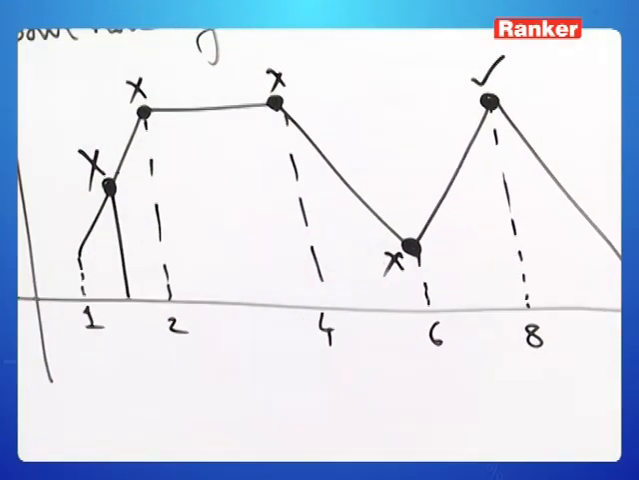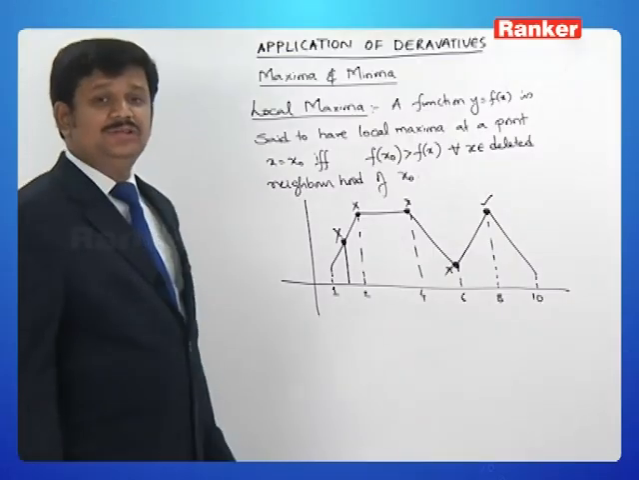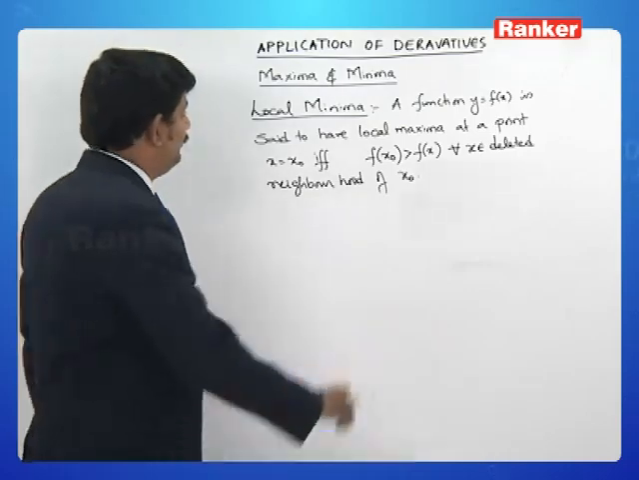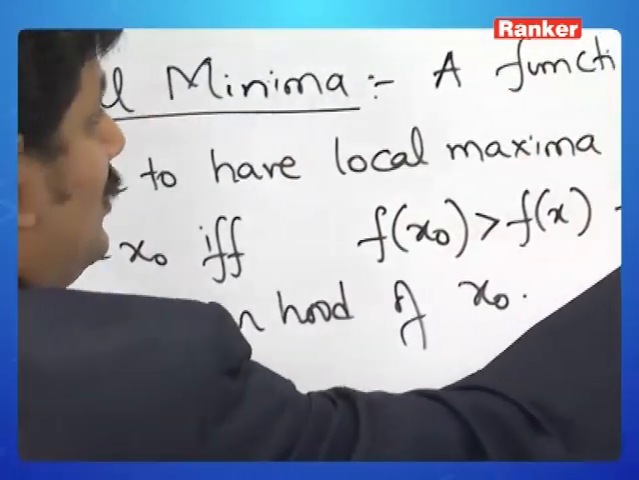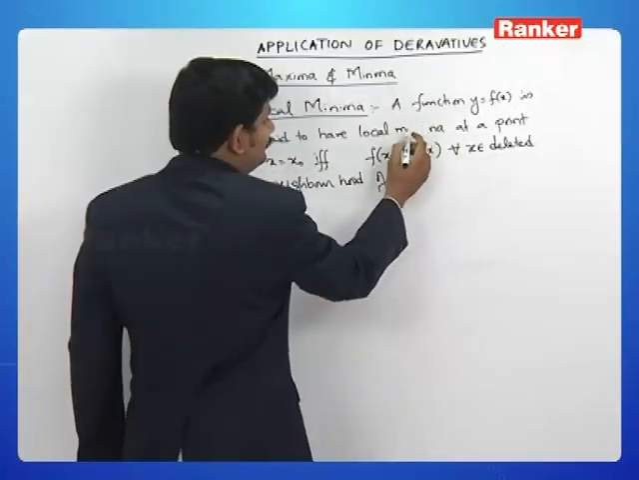So 8 is a point of local maxima. Similarly, we have the definition of local minima. We have the definition of local minima which says a function y is equal to f of x is said to have local minima